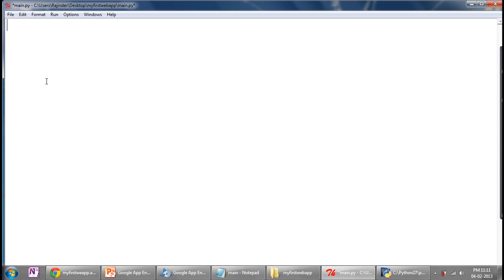So we have written hello world in a console application. Now we are going to write hello world using a webapp. Okay, so for writing a webapp, first we have to import some of the packages for the webapp framework. First, from google.appengine.ext import webapp, a package for the webapp framework.